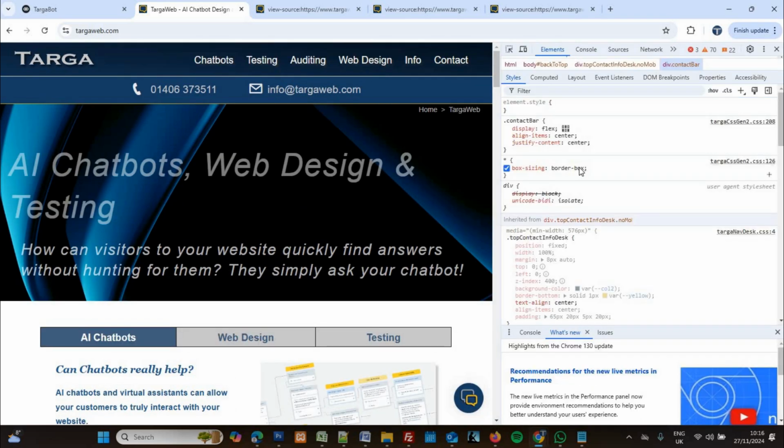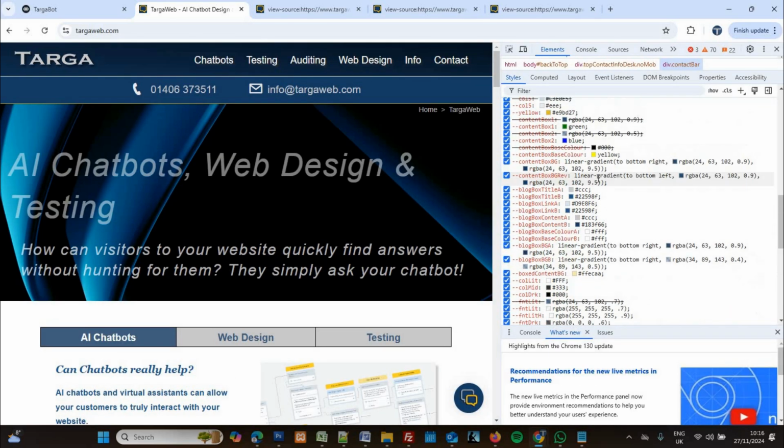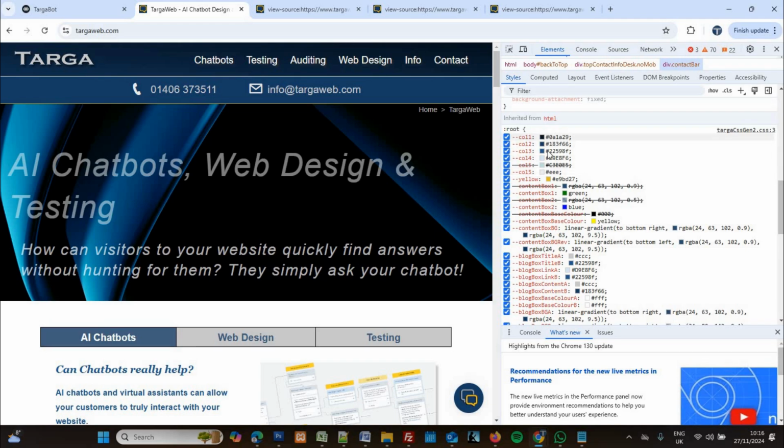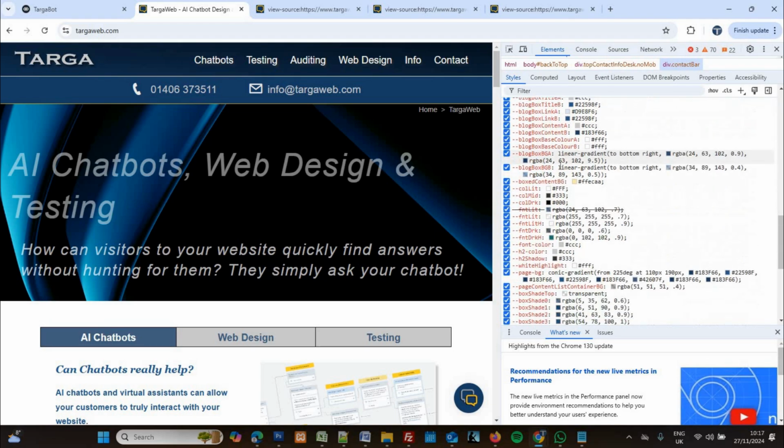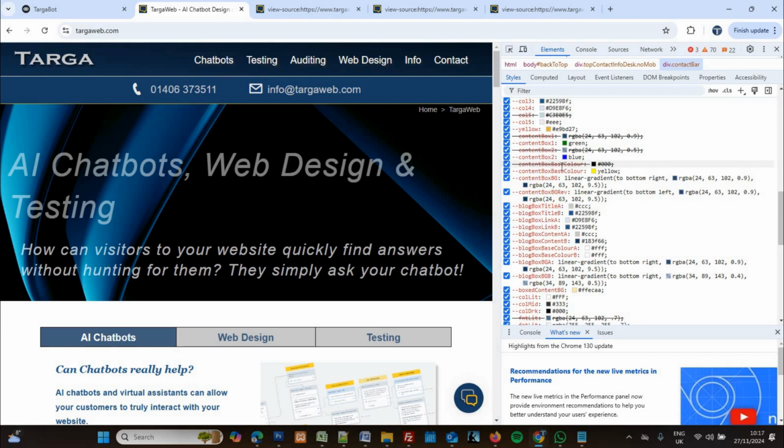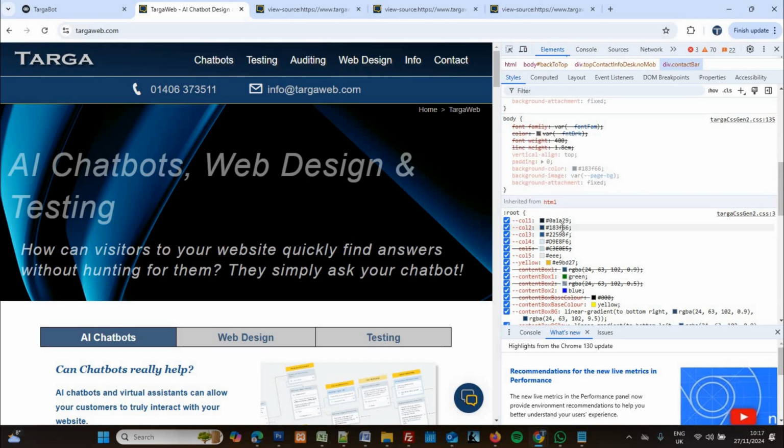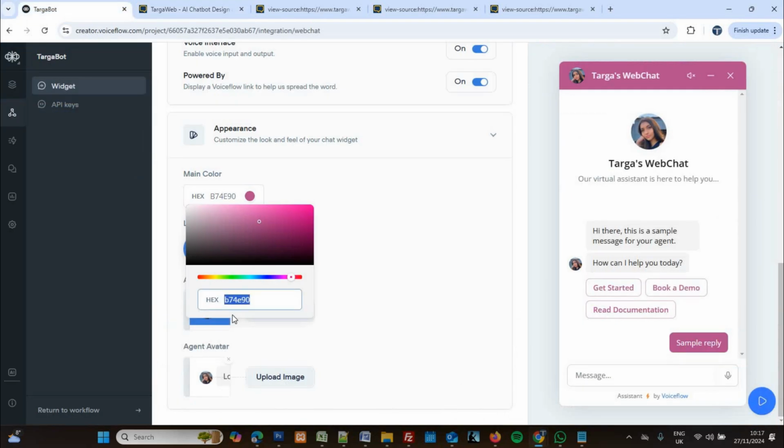I inspect. Okay, if I look down at the CSS file, you can see that I've got a number of predefined color options. Now, if this is looking a little bit too complicated for anybody who just does not want to look at code, then just bear in mind all I'm talking about here is getting some kind of consistency with the colors on my website. There are other ways to do this, of course, but let me just show you why I'm in here. I'm going to select this particular one because that's the color that I want my chatbot to display in, and I paste that